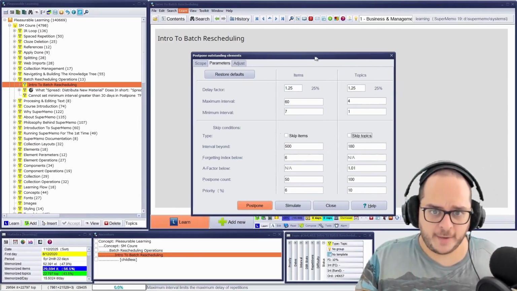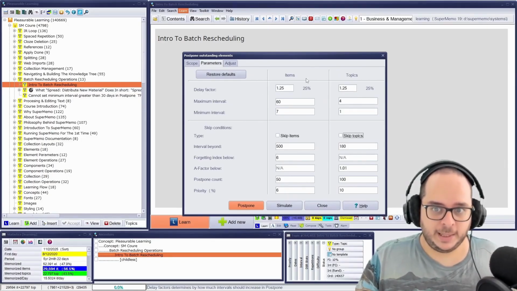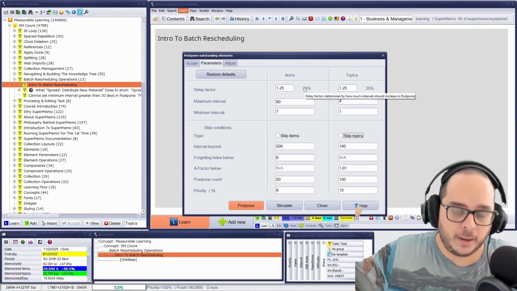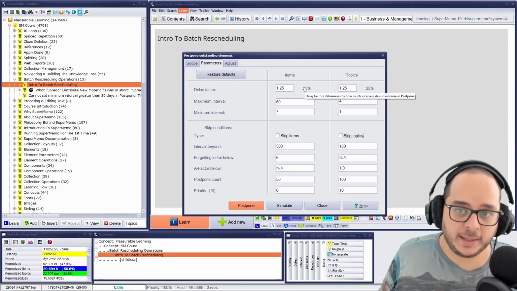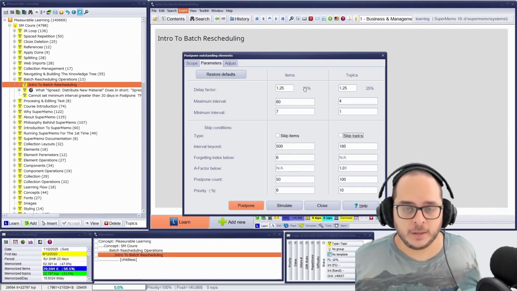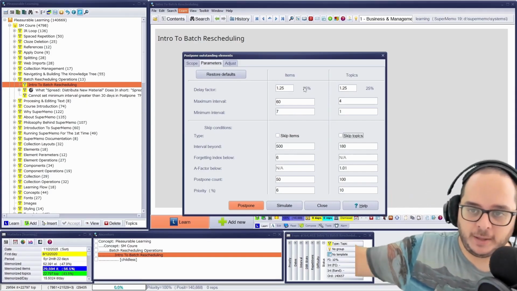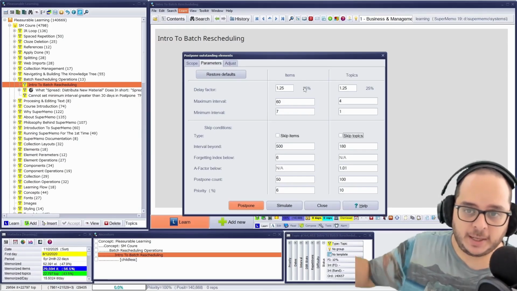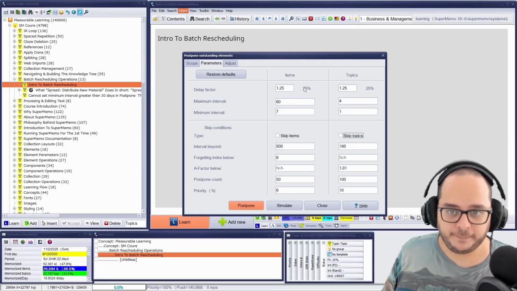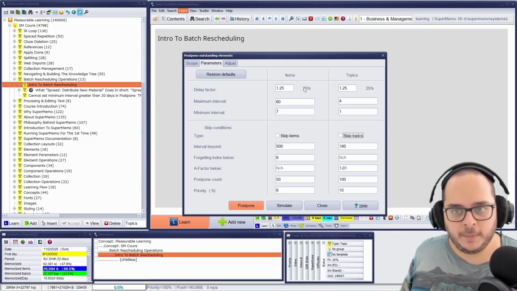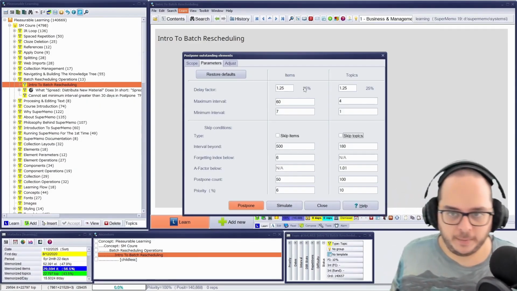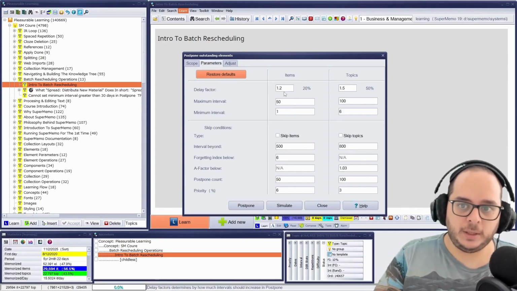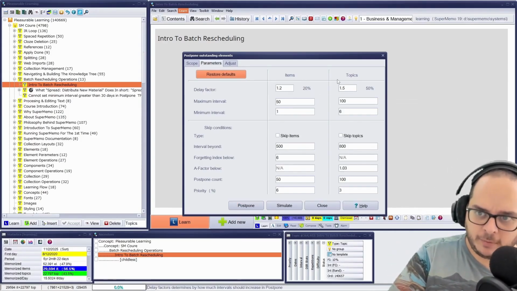Second, you have some parameters. The delay factor in percentage, meaning whatever interval the element already has, add a quarter of that. So if it's 100 days, add 25 days. If it's just 10, add 2 days and a half, rounded up to 3, and so on. So you keep this relative spacing. Then let me use the defaults, by the way. Awesome. By default, you already know that for items it's 20, for topics it's 50.